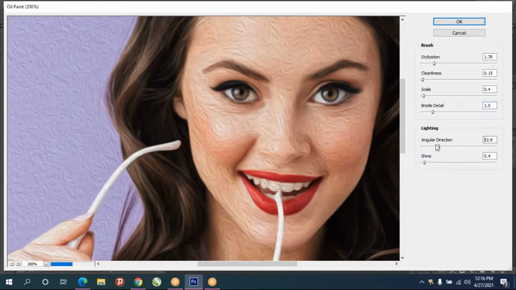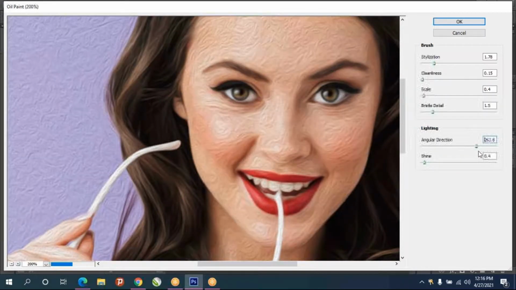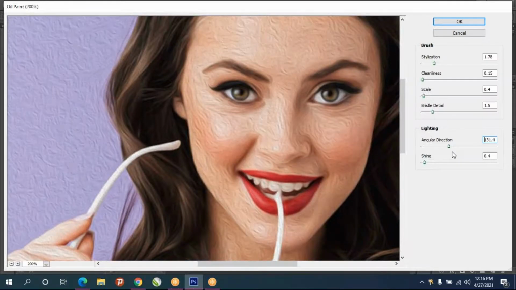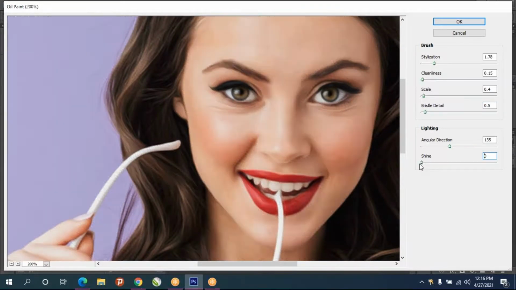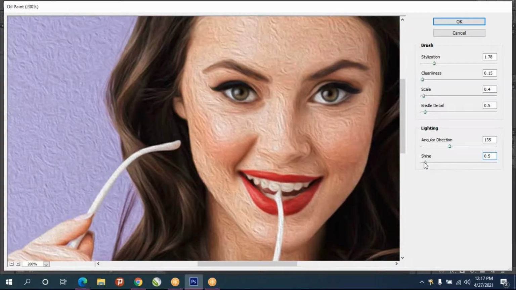And angular direction. That paint brush is there, no? Suppose this is in this direction, you can change the direction by this. And give OK.